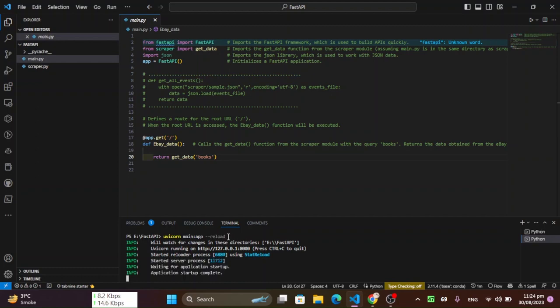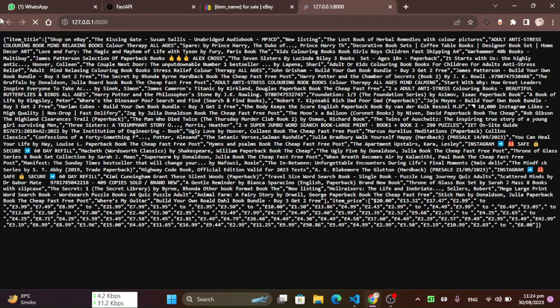The server has been started successfully and application startup completed. Now click on this HTTP link. Here is the scraped data.